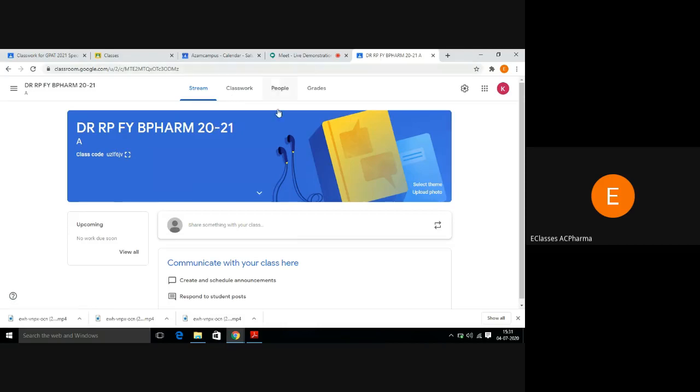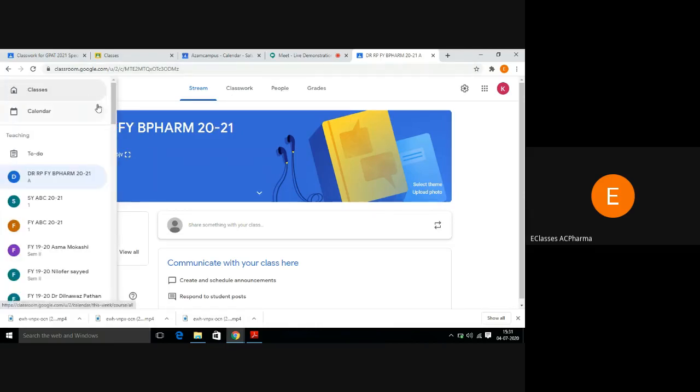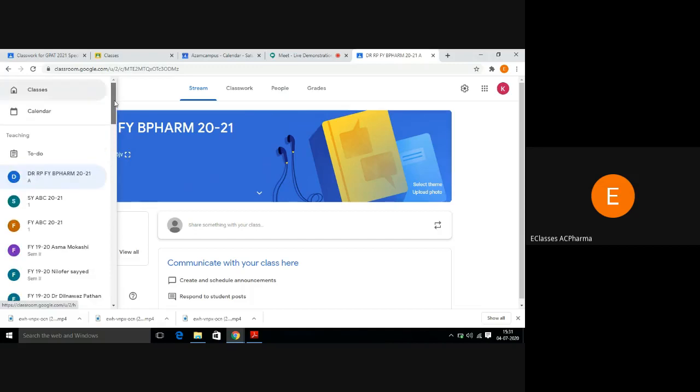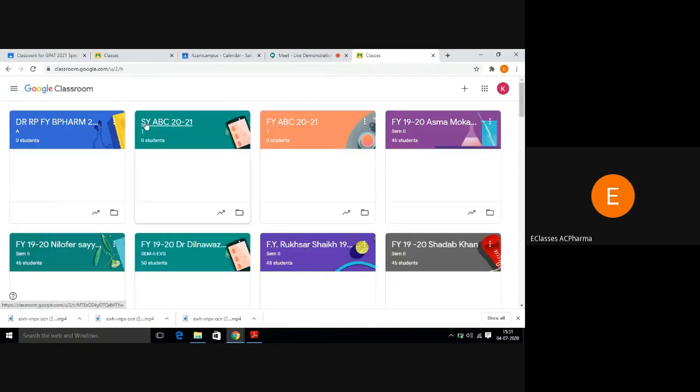Now, the students are invited, and this is how the classrooms of all the teachers can be seen by the principal. The principal, being the head of the institution, can see all the classes at a time.